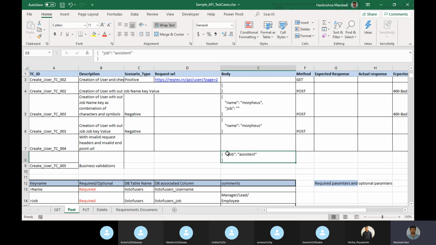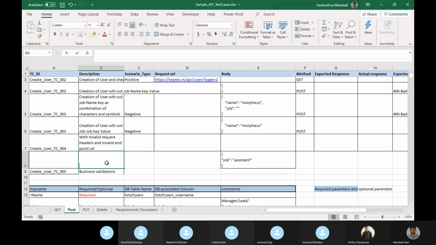Name is also mandatory actually. So we can try to find out how many ways we can write it. That's how we need to write it.